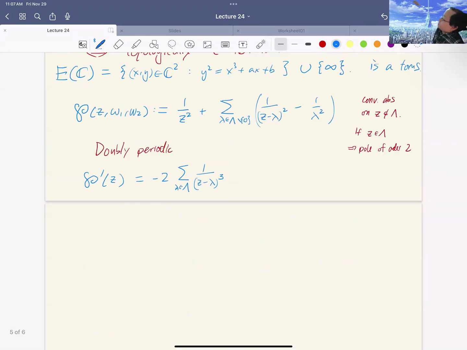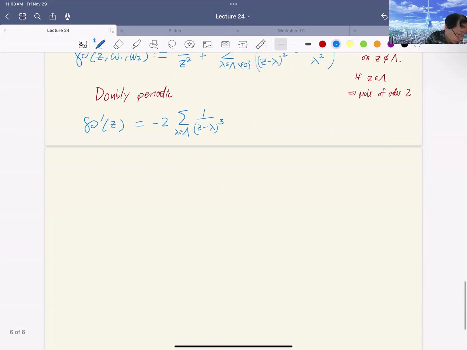So now these two are good away from the lattice, bad when it is on the lattice. So if you have some combination of them that cancels the poles, then you get an entire function on a compact thing, on a bounded thing. So Liouville's theorem from complex analysis says that it must be a constant. And so we can actually solve for this constant. So let me write down the actual